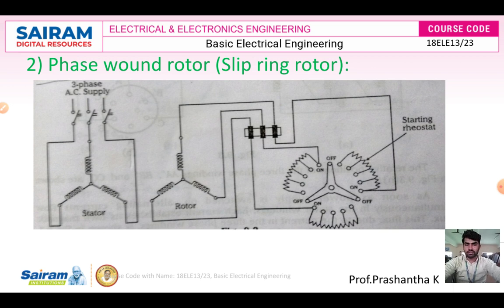Slip rings are present, so that's why it's called a slip ring rotor, and the resistances are present for controlling the speed. But in the squirrel cage induction motor, we cannot control the speed by varying the resistance, because there are no slip rings. This is for high speed applications, only 10% we are using, but squirrel cage is for low speed as well as 90% of induction motors are squirrel cage. See, the rotor windings are the same as the stator winding. Okay.